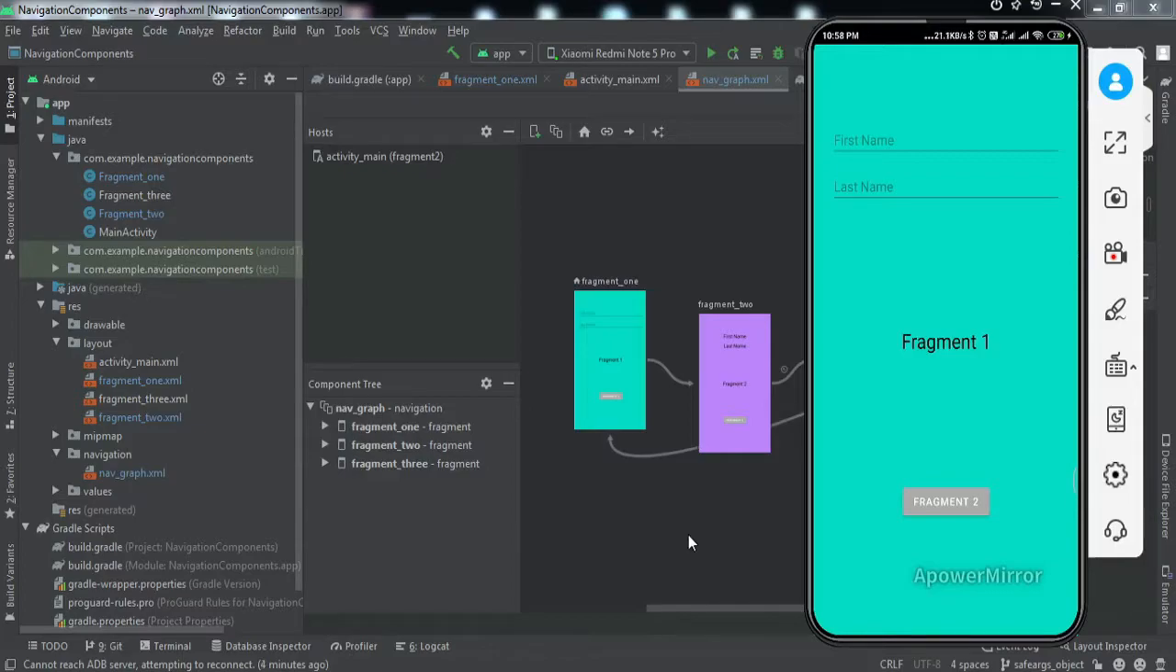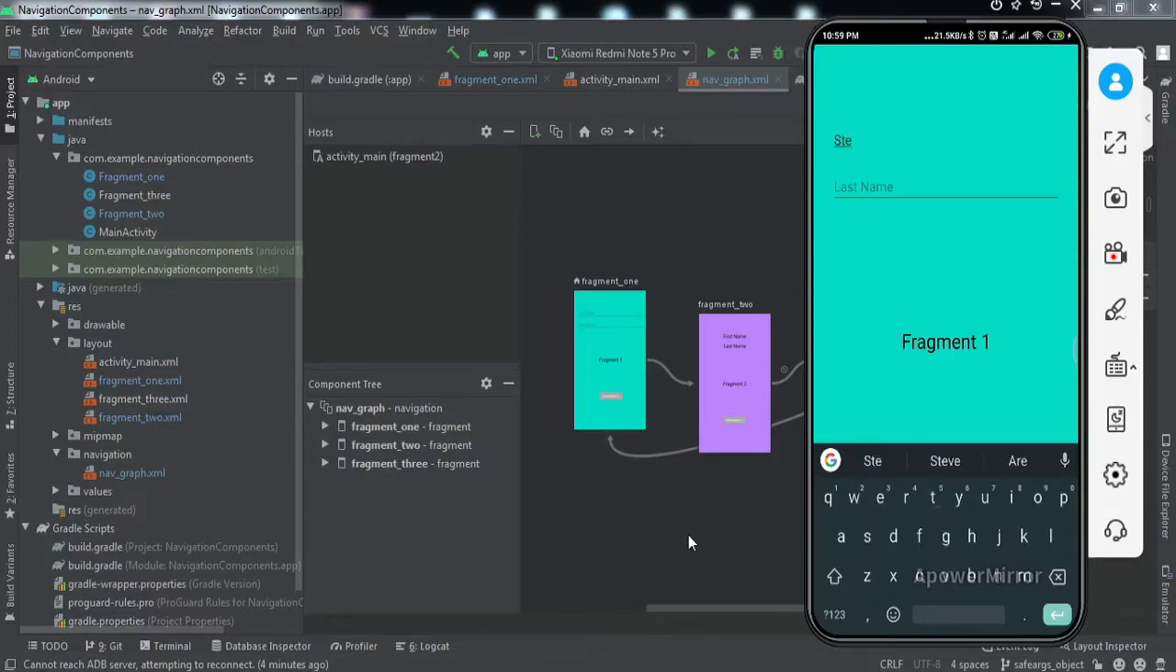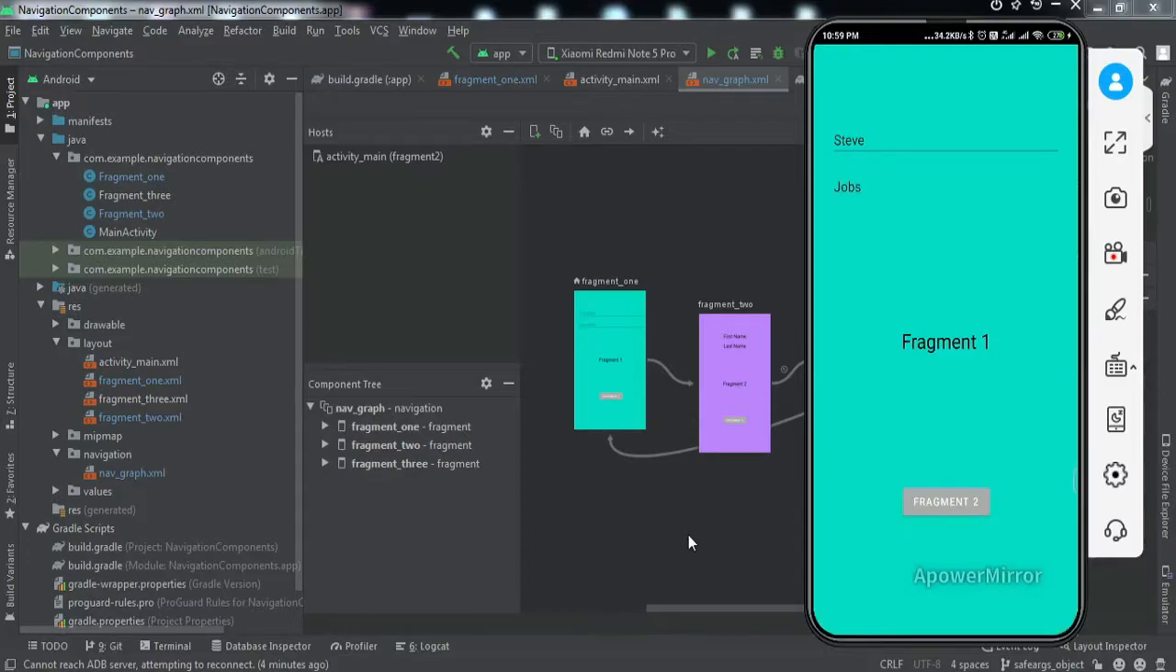So if you can see here on my mobile screen, the fragment 1 is open. If I just tap on the button, we go to fragment 2, and on the top we have two text views, first name and last name, but there is no data in the first name and last name. So if I just go back to fragment 1 itself and I type some data, for example in the first name I type Steve and in the last name I type Jobs, and if I just go to fragment 2,